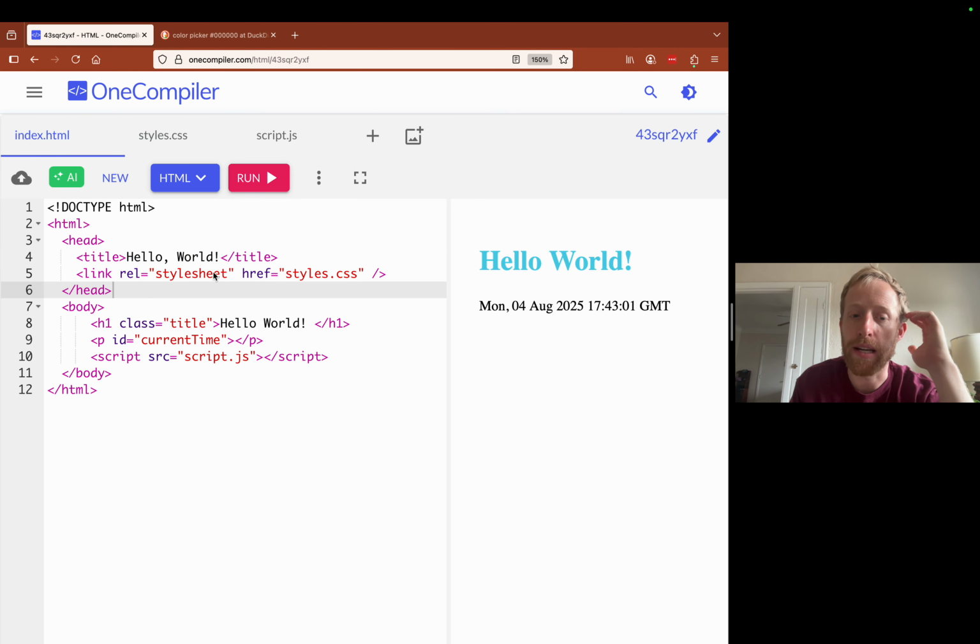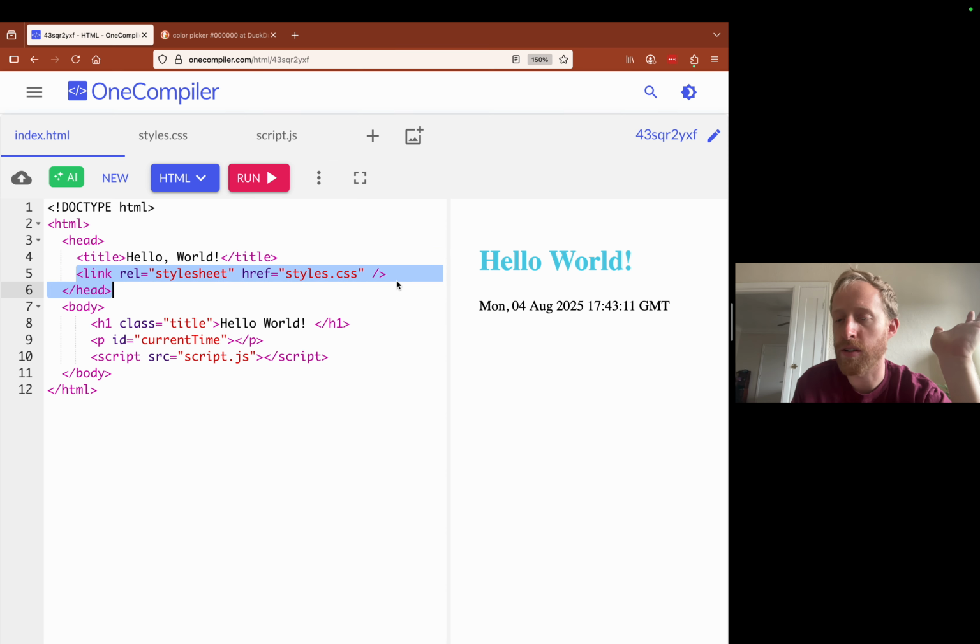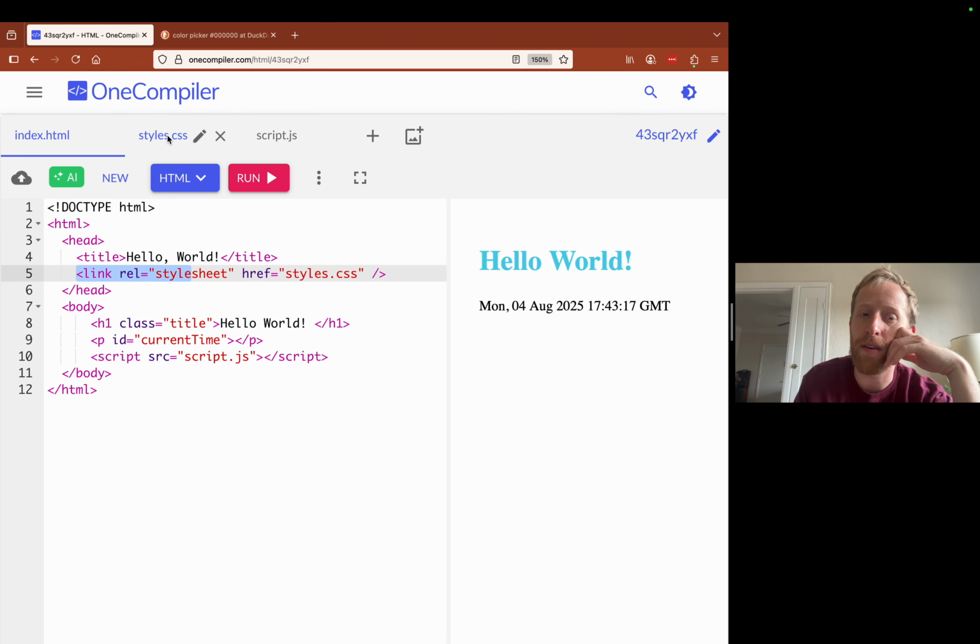Okay, sounds good. So like Robbie said, this is a smaller point. You don't have to learn to write this. This is pretty much always a copy and paste in. Like this literally says we have a sheet that we called styles.css. This links the styles.css to this HTML file.